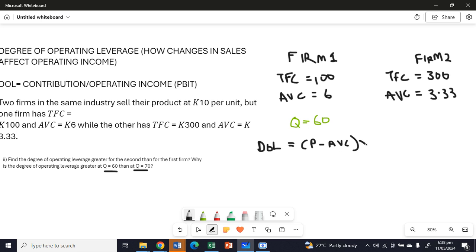Then if you want to get the overall contribution, you multiply it by the quantity. This which I've written here is the contribution. This is how this formula has come about. The selling price per unit minus the average variable cost per unit gives you the contribution per unit. Then if you want to get the total contribution, you multiply by the number of units, divided by